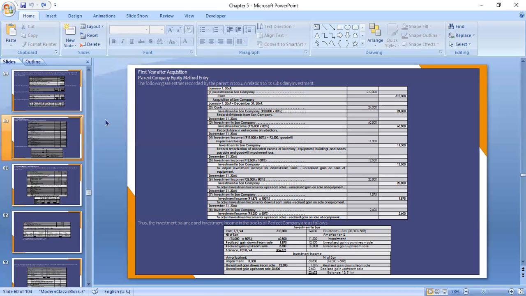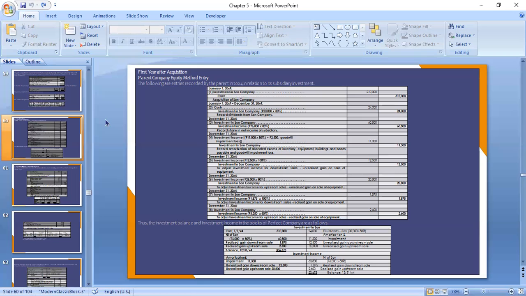So, you debit investment when you invest. You also debit when the parent has a share in the net income of the subsidiary. So, you debit investment. You credit investment if there are dividends. And you credit investment if the subsidiary has a loss, no? So, it is the reverse of income. You debit loss from investment and you credit the investment